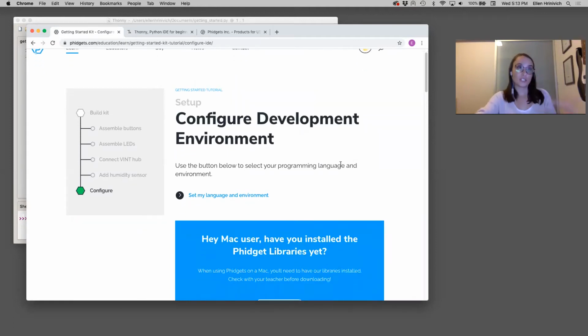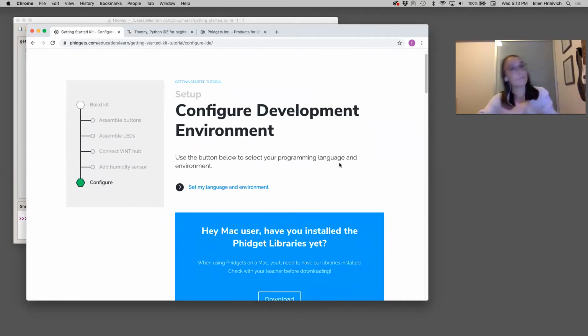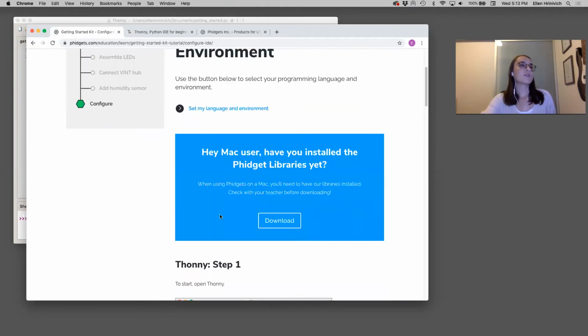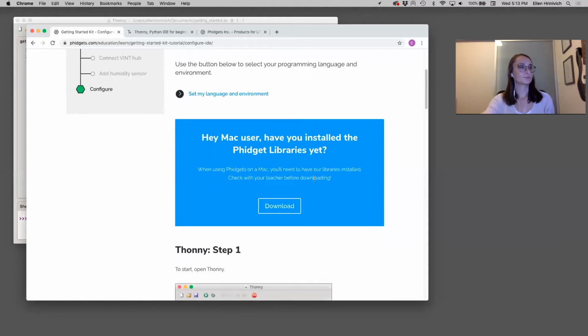One of the major differences between the Windows and Mac installation of Phidgets is that you have to install the Phidgets library onto your Mac. So you will have to download that onto your computer and get that installed. If you're using school computers, you may have to contact your IT department to get those installed onto your Macs. If you're a student at home, they can install that onto their computer. So once you have the library installed and downloaded,